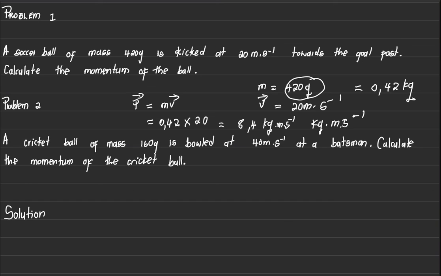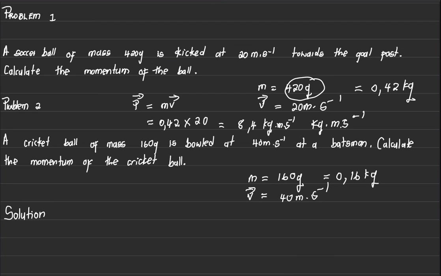And then we come to problem 2. With problem 2, a cricket ball is bowled at 40 meters per second at a batsman. So we have our mass, which is equal to 160 grams, and we also have our velocity, which is equal to 40 meters per second. In this case also we can see that our mass is in grams, not in kilograms, so we need to convert it by dividing it by 1,000. So 160 divided by 1,000 is